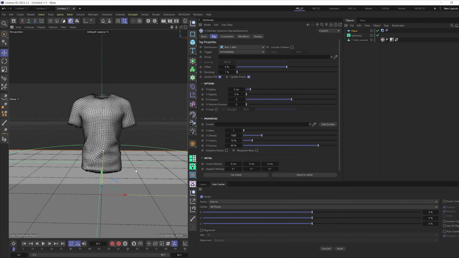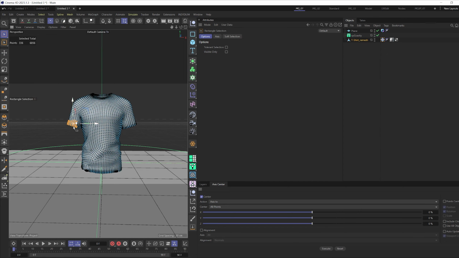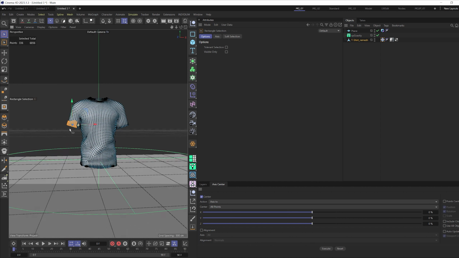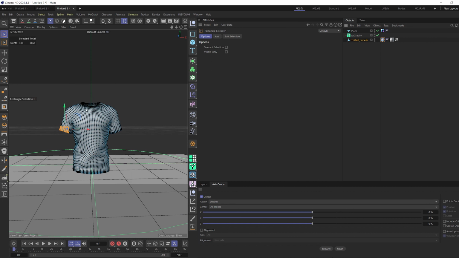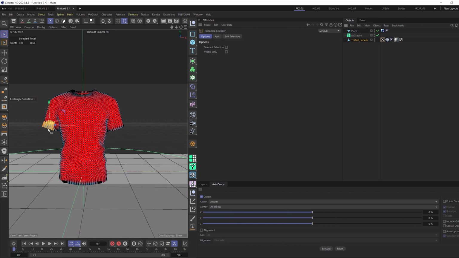For this, we need to use a vertex map. Here we select the t-shirt remesh and go on segments and points. We select segments or surface. We select the points, just go on selection and rectangle. You can select only a few segments from here. Never mind, because we want it to start from here, and then go on selection and set vertex map value to 100. Okay, and all of the surface is red, and here will be yellow, but we want growing happening,